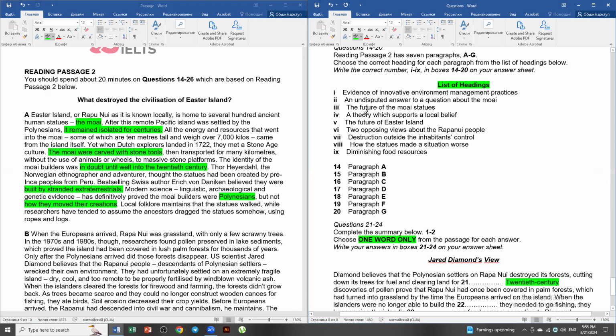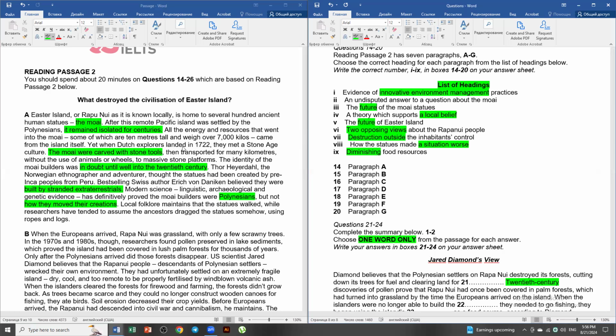number two, I guess. But still, the future of the Moai statues, a theory which supported local belief. So there's no local belief. The future to opposing views, destruction outside the habitat's control, how the statues made a situation worse. There's nothing of that, and diminishing food sources as well. However, evidence of innovative environment management practice, there was nothing there about that, and the future as well. Future of Moai statues and the future of Easter Island. So an undisputed answer to a question about the Moai is something that is really